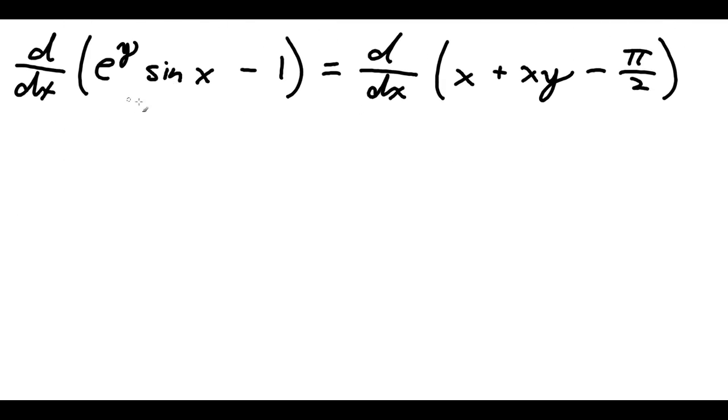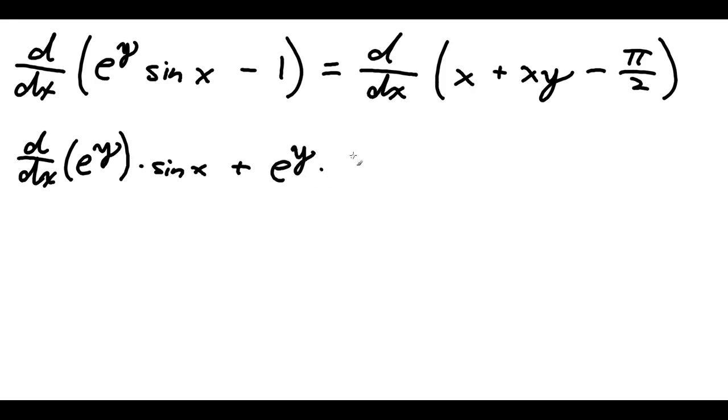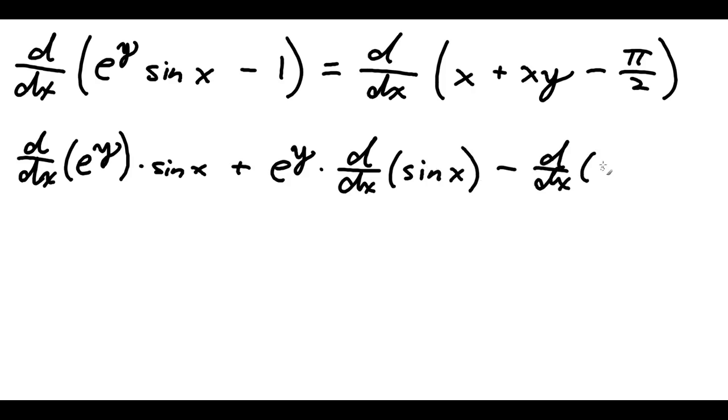Let's, again, like I said, take this very carefully, step by step. We have a derivative of a difference here, and this is a product. So we can write that as the derivative of the first factor, e to the y, times the second factor, sine x, plus the first factor, e to the y, times the derivative of the second factor. So we have d by dx of sine x minus the derivative of 1. And that is equal to, on the right-hand side,